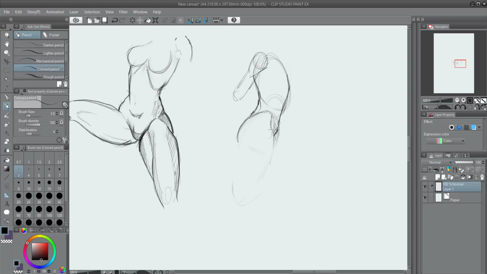So if we take the leg and come up, the leg actually is going to bend part of this muscle right here. So we're going to take the leg, and let's say we'll just come down like this here, and the butt is being stretched around, and then you have part of the leg come out like this, and it comes up, the knee. Try and just do it all in one line here. What's important is this shape right there.